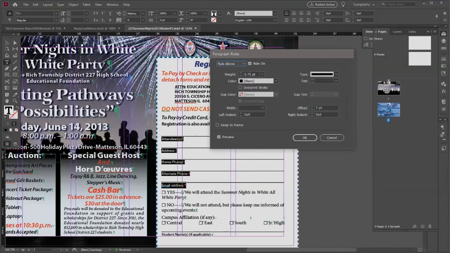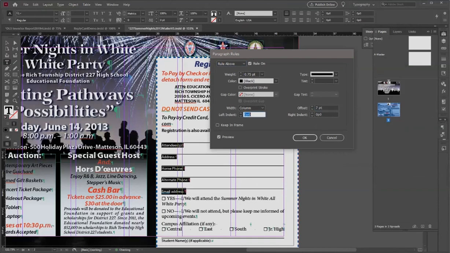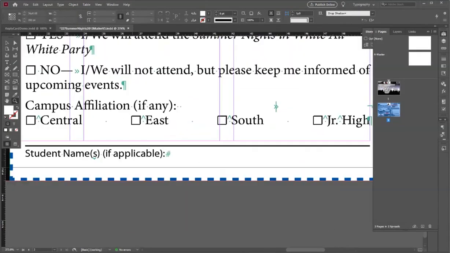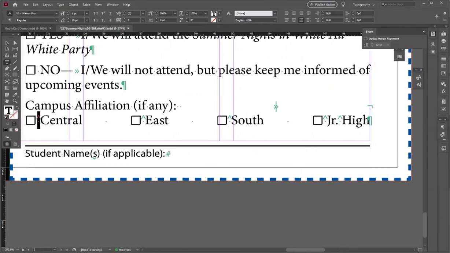Without that, the 0 offset, it would be at the baseline. So it's offset 7 points to get it 7 points above the baseline. These checkboxes at the bottom don't use a tab setup at all. They are just evenly spaced by placing a fixed space between each of the campus locations and its checkbox,